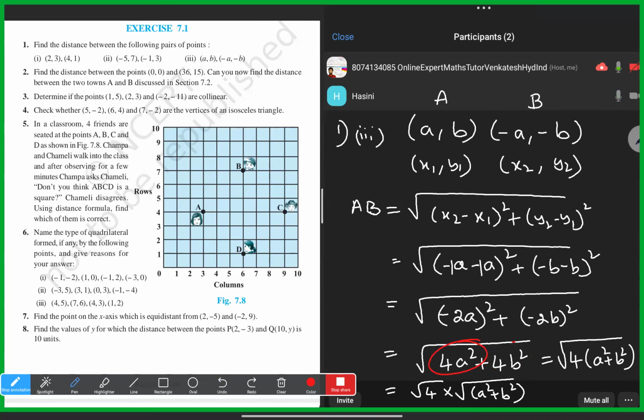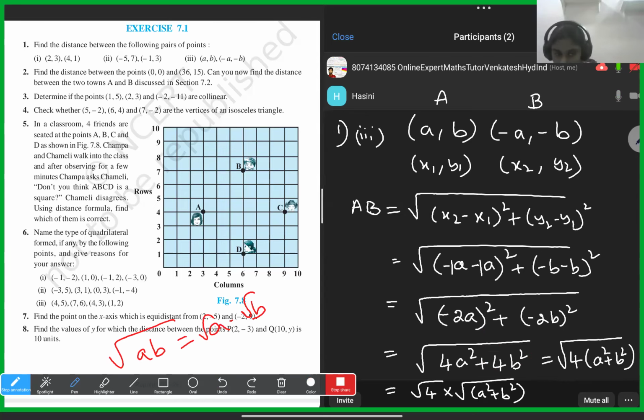We have applied it for 4 and the bracket a square plus b square separately, because the reason is root of a into b is root a into root b, separately. So here root 4 into root of a square plus b square we are doing first. Root 4 is how much? Root 4 is 2. Yes. And 2 into root of a square plus